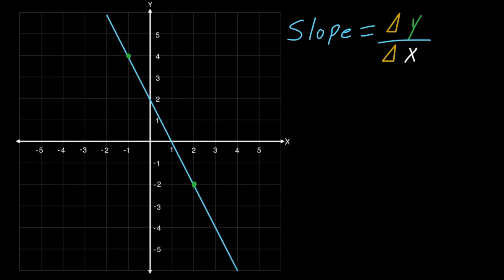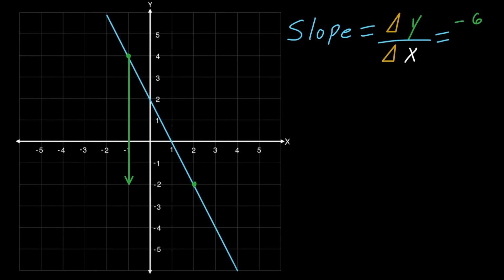So to get down to this other point, how many spaces do we have to move down? Well, let's count it. We have to move down 1, 2, 3, 4, 5, 6 spaces. 6 spaces. And we're moving in a negative direction. Why? Because here we were at positive 4, right over here, and now we're at negative 2. So we moved down 6 spaces, which means we have a negative 6. So let's write that in over here, negative